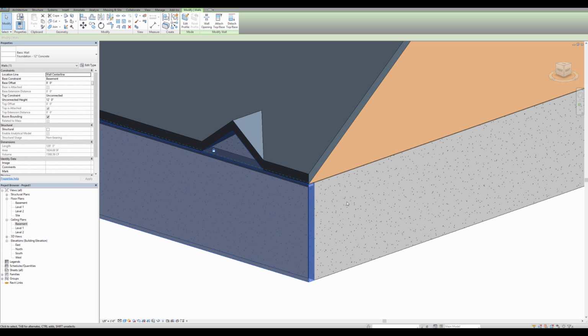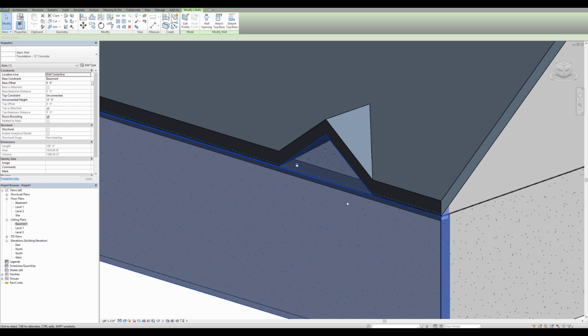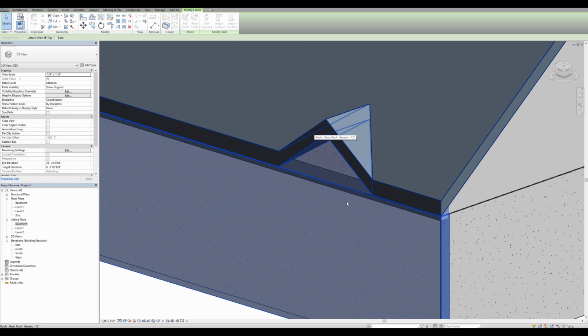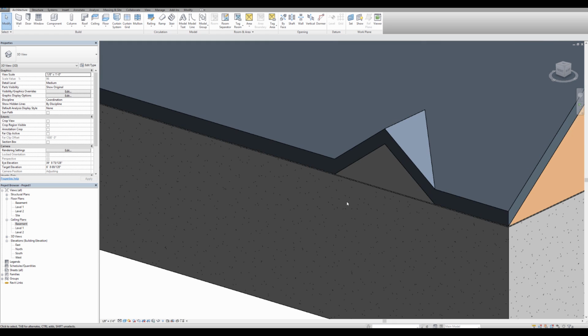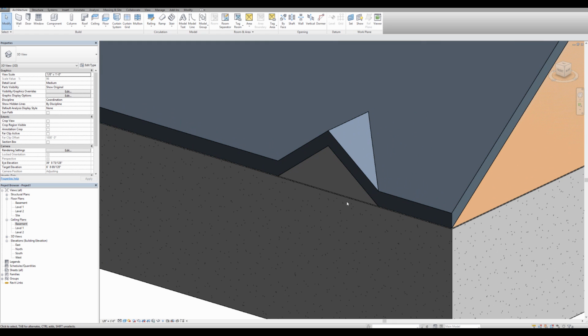Okay? And if you want it to fit in place with your wall, you can also just go attach top to base and select that, and it will fill it in. Okay, so that's one style of dormer, and if you want to check out the other style, head over to